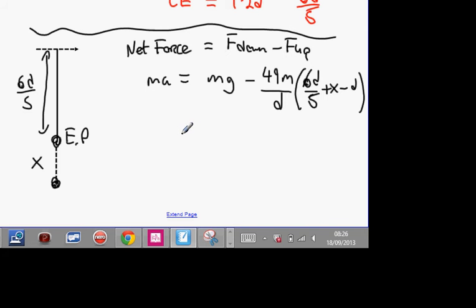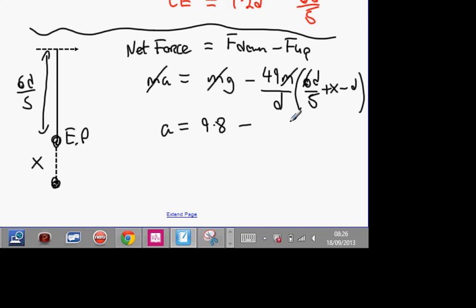What usually happens in all these questions? They get cancelled, and what happens when they get cancelled is we're left with nothing but the x value. Let's see if this happens. Okay, first and foremost, all the m's can disappear, can't they? Because m is being multiplied by everything on this line. Next thing, a equals g, which is 9.8